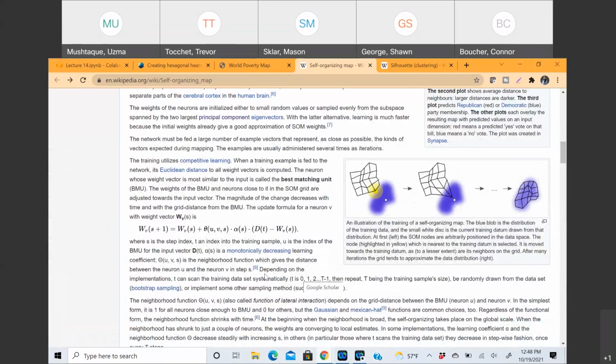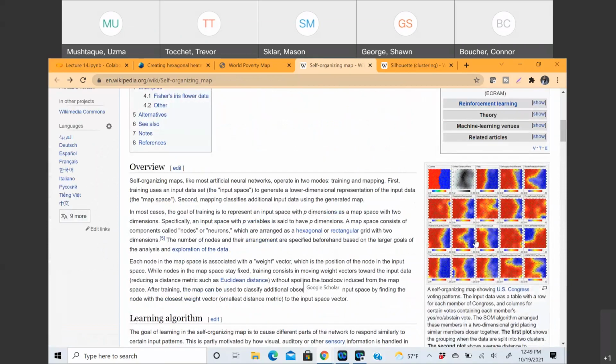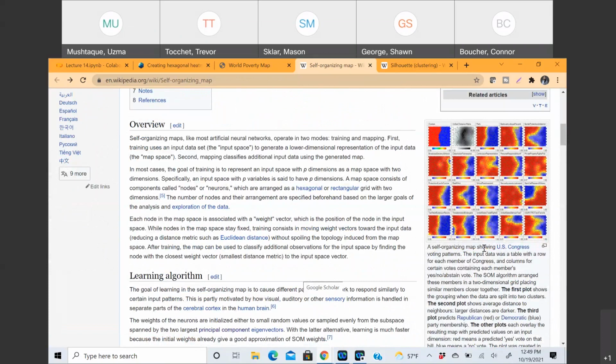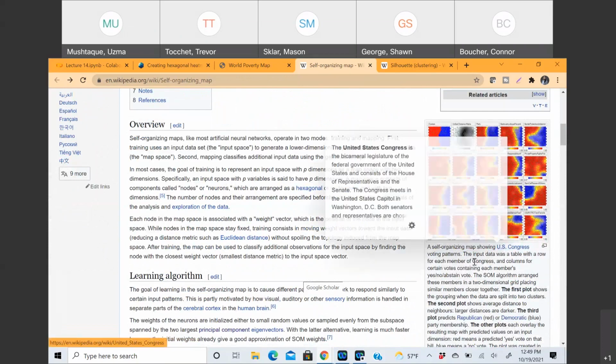Okay, and here is the weight update in the paper. As I said, this is the omega and this is the alpha, and here is the distance measure. So this is the exact weight update that happens. Another quick look at this one here. This is a very nice illustration of one of the applications: US Congress voting patterns. And what they're trying to do here is, let's see,